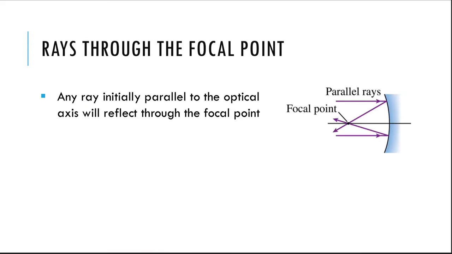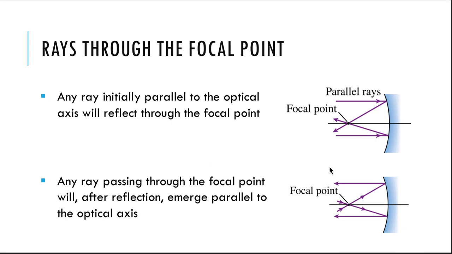So that's what I have written here. Any rays initially parallel to the optical axis, and this line here that cuts through the center of the mirror, this horizontal line, is called the optical axis. Any rays parallel to this optical axis will reflect through the focal point. In addition,